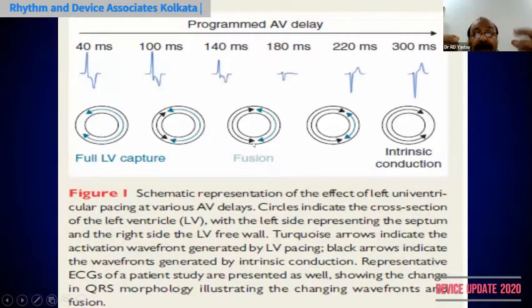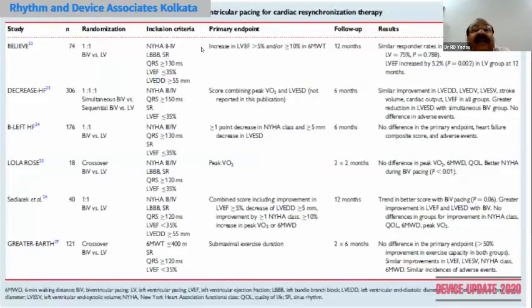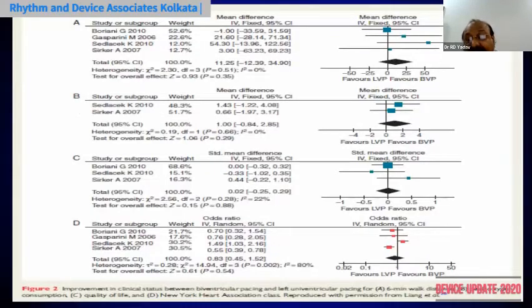both equally from the RV, as well as the right ventricular lead or right bundle conduction, or by the intrinsic conduction, or by the left ventricle pacing. And this is the summary of the trials of left ventricular and biventricular pacing, and it showed that left ventricular pacing is also equally effective even if it is synchronized properly with the right ventricle intrinsic conduction of the right bundle.